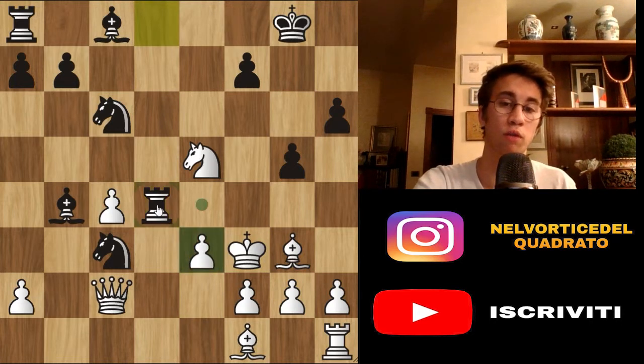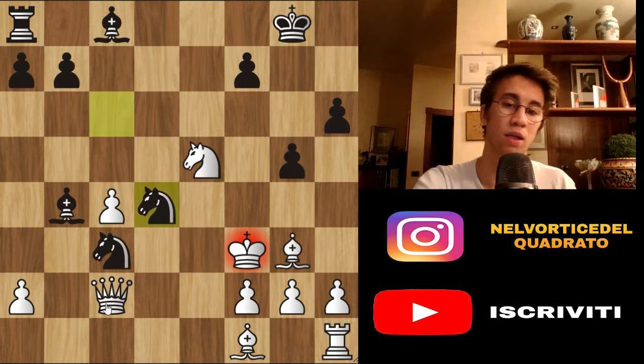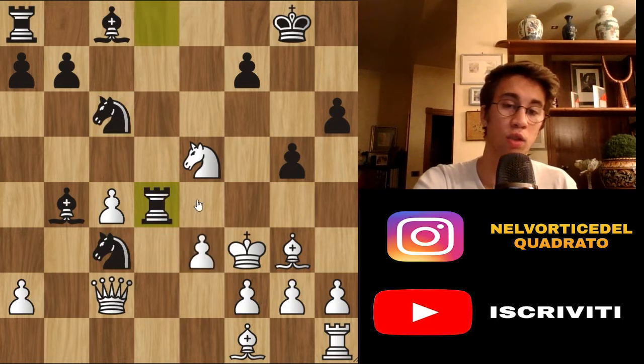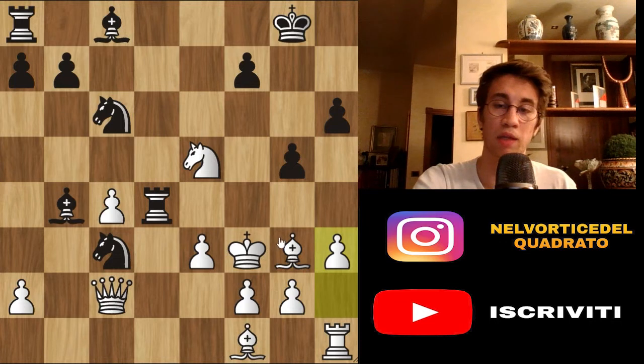You can capture the rook. If you capture the rook, follow knight for d4, check, and the queen on d2 falls. And here the rook is so strong because it controls f4, g4, h4, and now white king is in trouble, really trouble. We have h3 to make free some square for the king and for the bishop. The bishop can go on h2, white king can go on g3. We have h5, and now